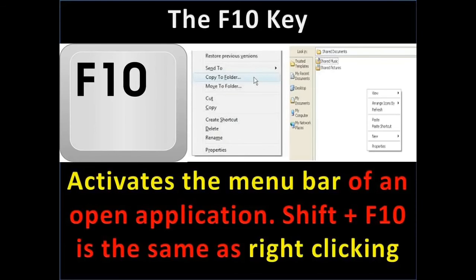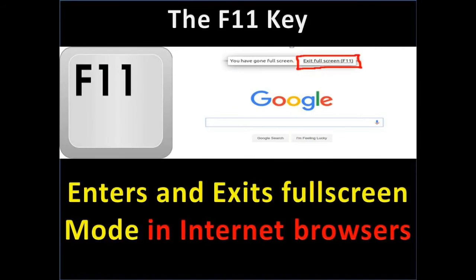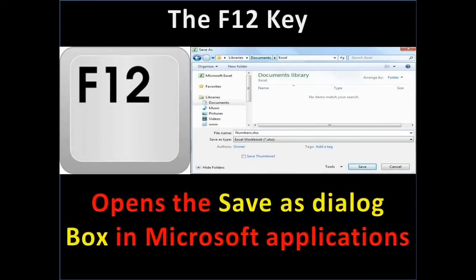Shift plus F10 is the same as right click. F11 enters and exits full screen mode in internet browsers. F12. It helps to open the Save As dialog box in Microsoft applications.